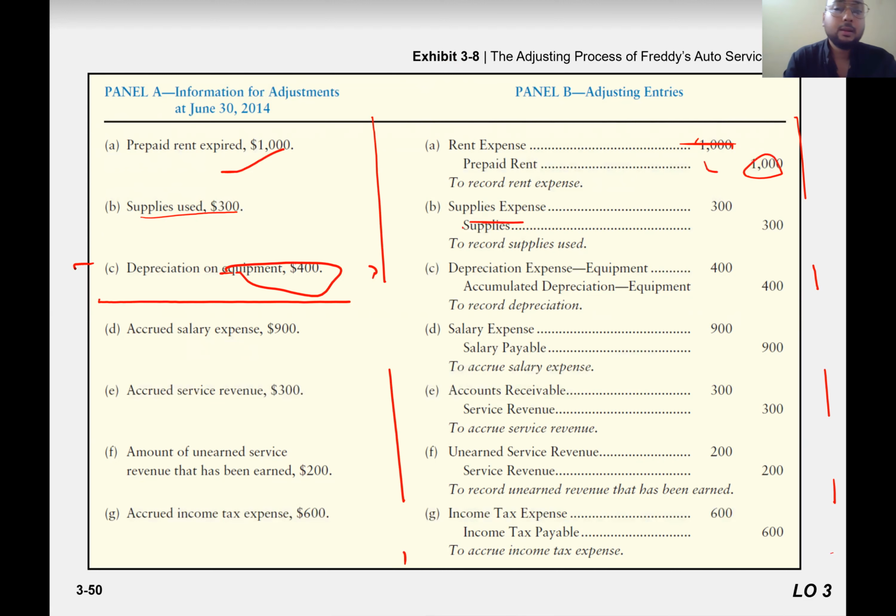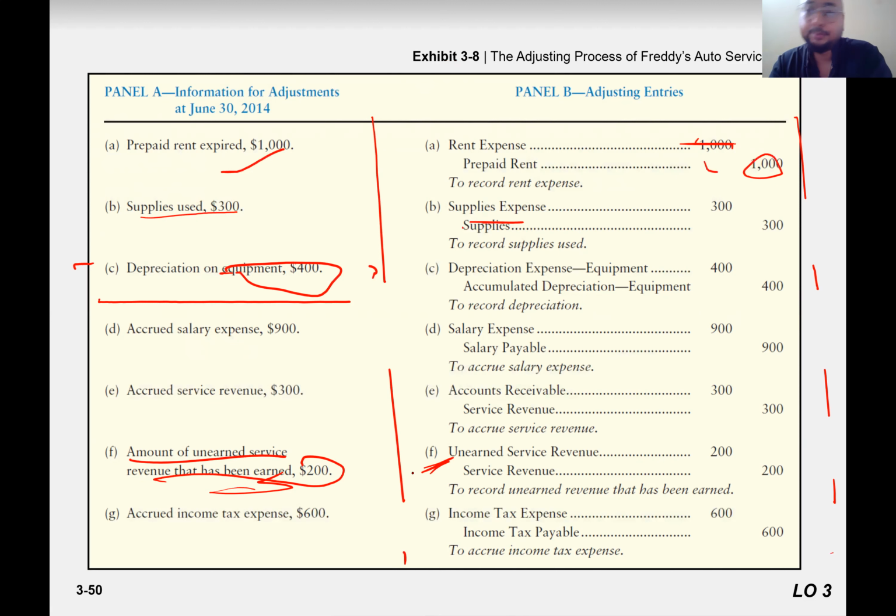Amount of unearned service revenue that has been earned, 200. It means customer paid you in advance, but now what happened? You delivered those services. So it means now liability has to decrease. The question says amount of unearned service revenue that has been earned. So previously it was liability, unearned revenue was our liability, now liability decreased, debit. So that's why unearned revenue to revenue,